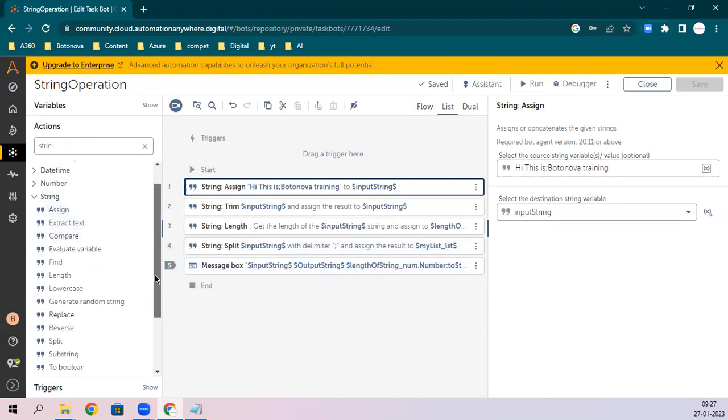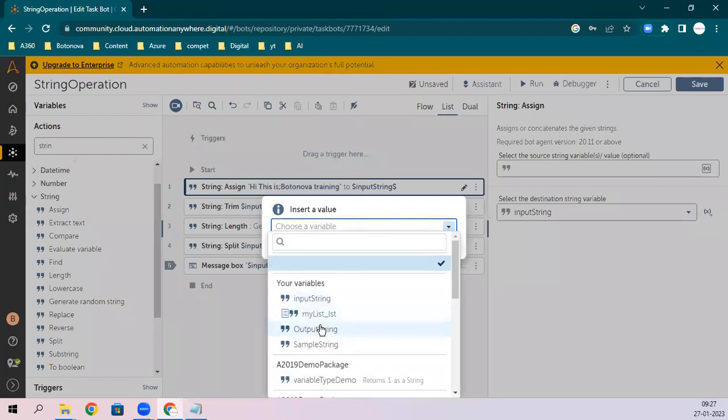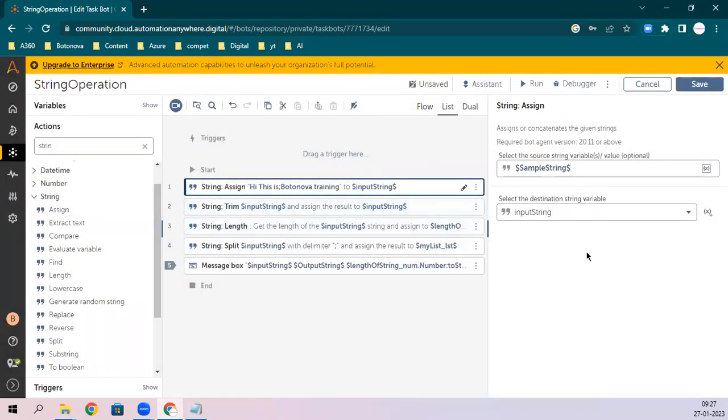Most of the time you will use assign to normal. It is used for assignment. Either you can directly assign or you can use variable to variable assignment, like assigning a sample string from this to this.